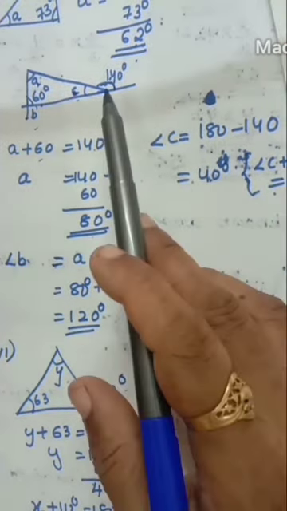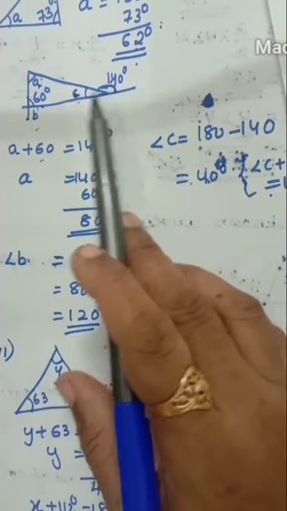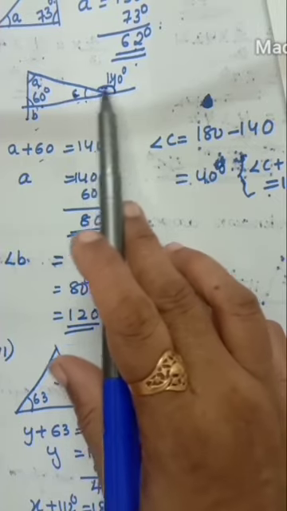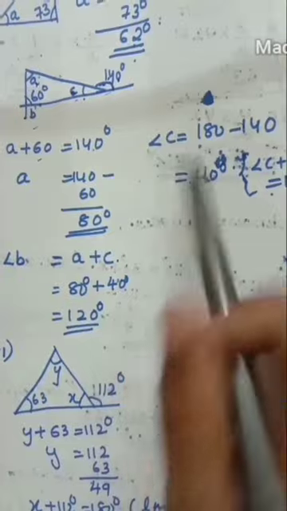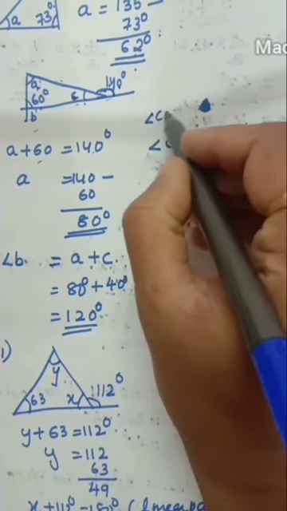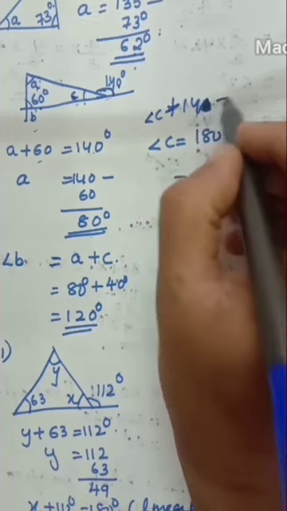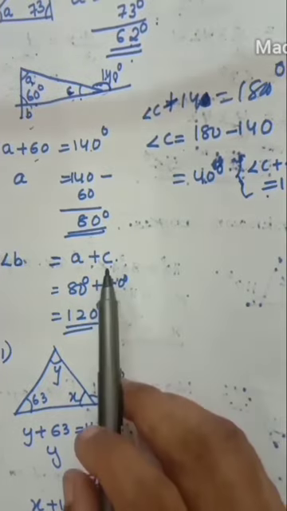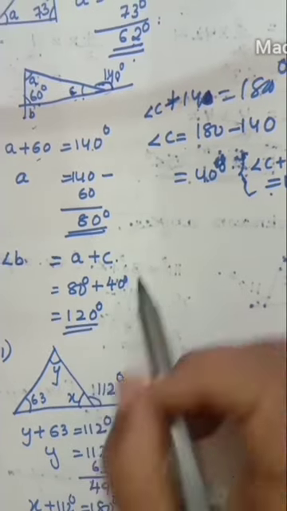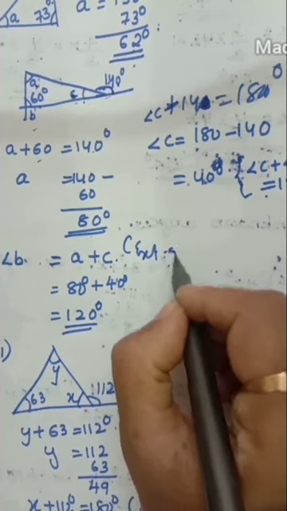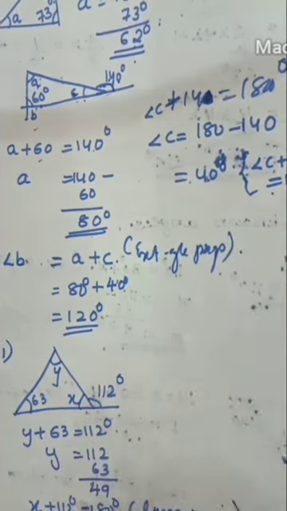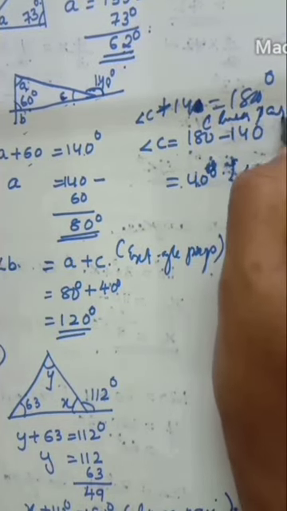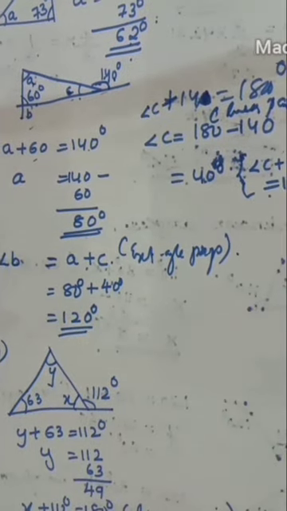Okay, see how introduction part I told you, linear pair, straight line, 2 angle. When you will add 2 angles, you should get 180. So C plus 140 equal to 180. So angle C, like that you can write, angle C plus 140 equal to 180 degree. So angle 140 will be moved there. 40 you will get, put it here. Angle A plus C equal to angle B. 120, this is exterior angle property. Okay, this is linear pair. Linear pair. You have to write the reason, children. Linear pair. Okay.